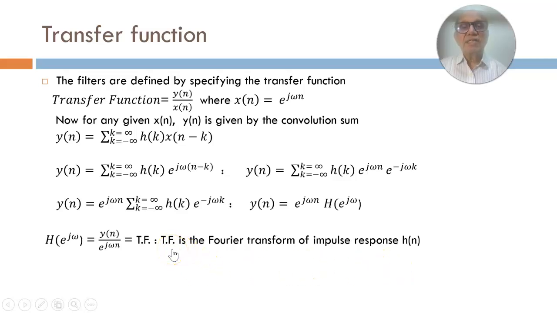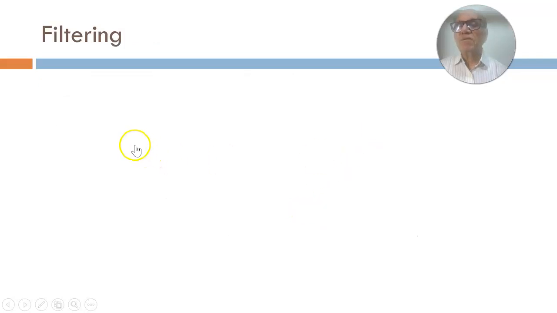And it is usually the transfer function which is specified in filter specifications. So if you take the inverse Fourier transform, you will get the impulse response. Once you get the impulse response, you know that the impulse response corresponds to coefficients. So you get the coefficients and you have designed the filter. All right. But before looking at the design itself, we'll take a quick look at how the filtering action